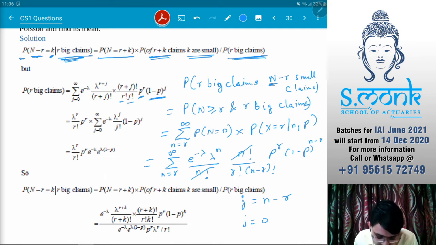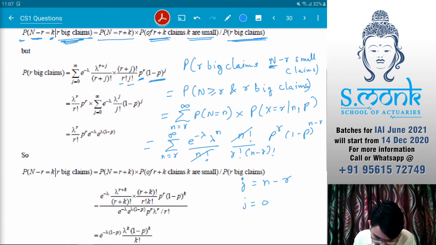So that way you can take all of your r values out. So lambda raised to r out, r factorial, p raised to r out. Even you can take e raised to minus lambda out, but they have left it in because they want to show that this is nothing but a Poisson distribution. So you can see it is a Poisson distribution. This part